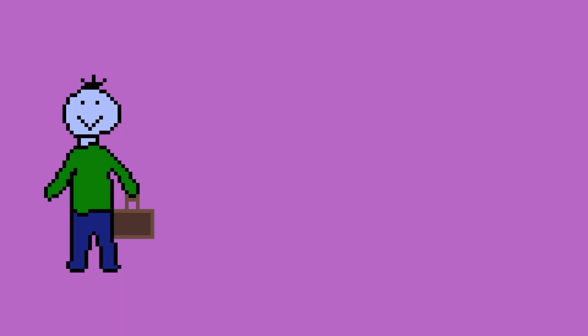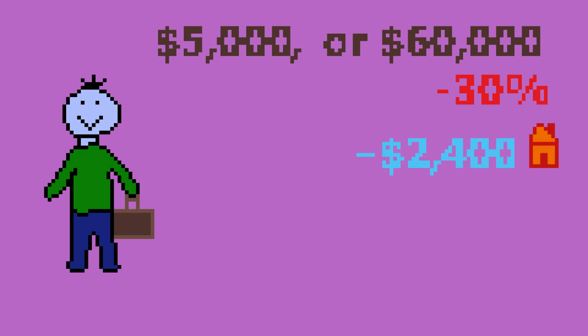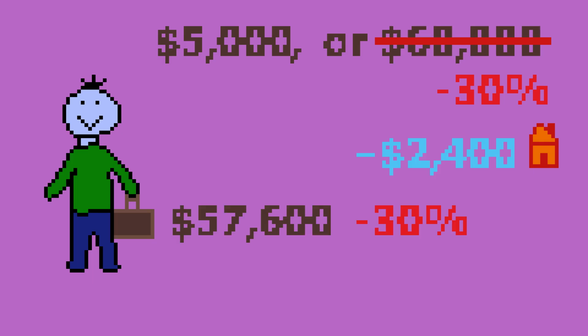Negative gearing is the ability to deduct those losses from whatever tax they would be expected to pay on any forms of usual income. So Peter earns $5,000 a month at his job. This is the other external form of income. That means he would be earning $60,000 a year and be expected to pay 30% of that to taxes. But because he is making a loss of $2,400 on his investment property, he can deduct the taxes he has to pay on his main income, $60,000, by $2,400. So he only has to pay tax on $57,600. This reduces the amount of tax Peter has to pay by $720 a year.